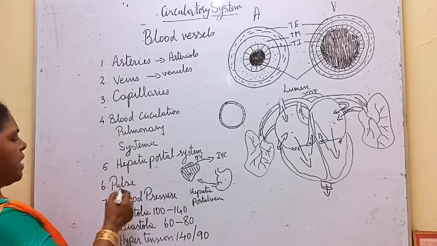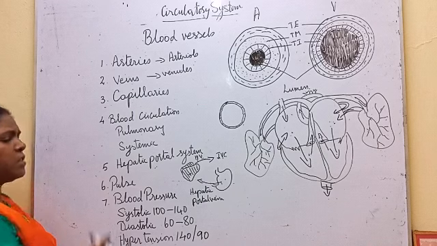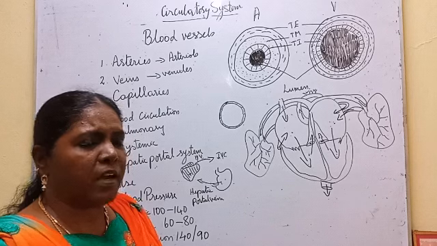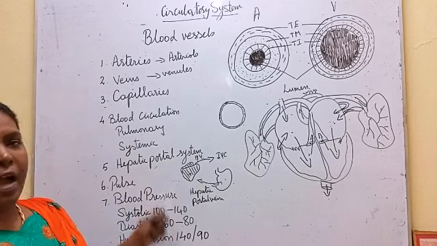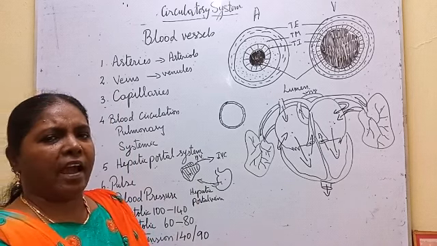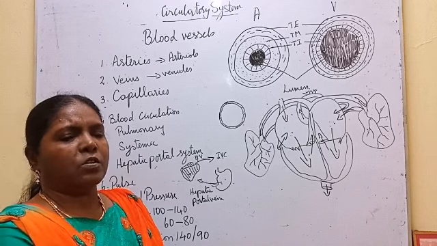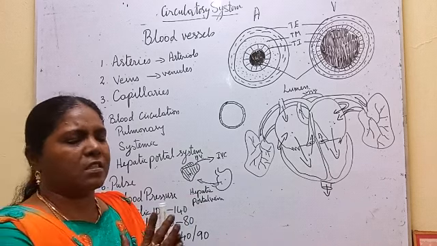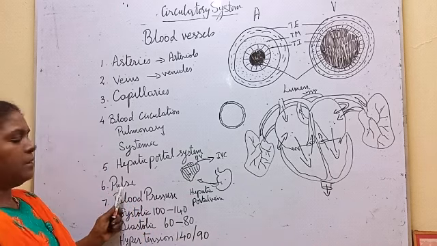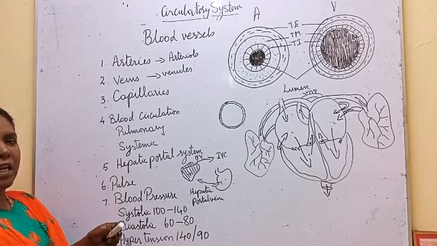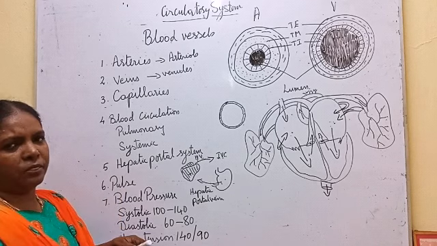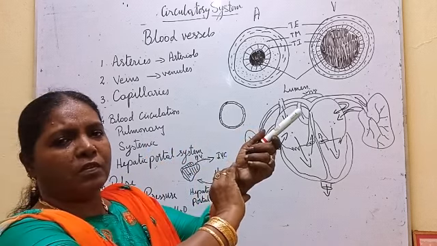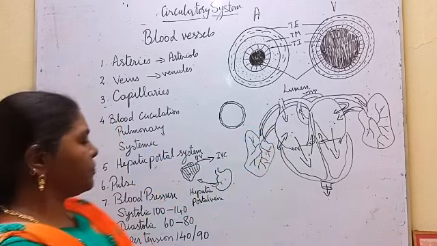Okay. The next comes the pulse. What is pulse? Pulse is also connected with our circulatory system, because we are discussing the blood vessels, no? Arteries will expand and they will recoil. So the expansion and recoiling of the arteries during ventricular systole is called pulse. This pulse rate is always equal to the heartbeat. Okay, we can get the pulse rate here. We can count near the thumb in the wrist.